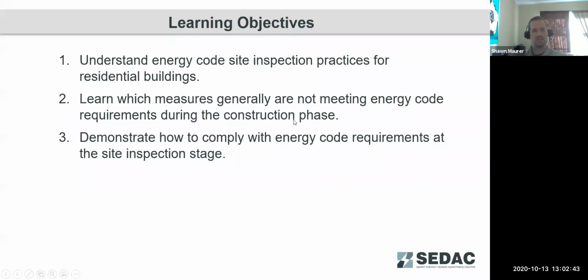The things we're going to cover today: we're going to try to understand the site inspection practices for residential buildings. We're going to learn which measures generally are not meeting the energy code requirements during the construction phase. And we're going to understand and demonstrate how to comply with energy code requirements at the site inspection stage of